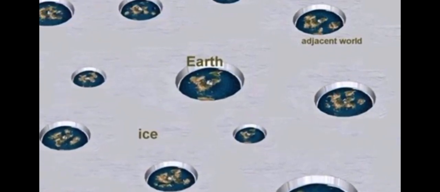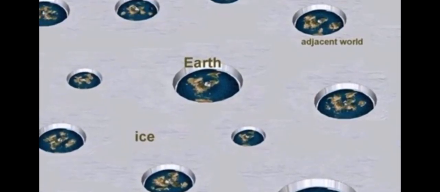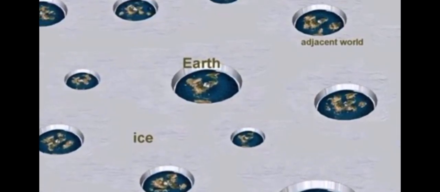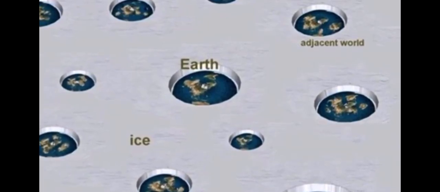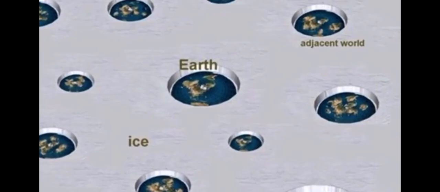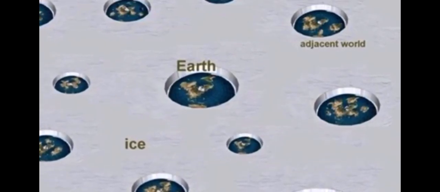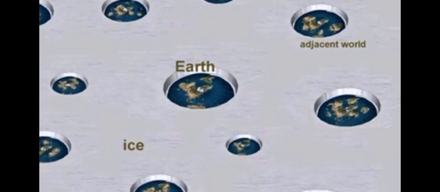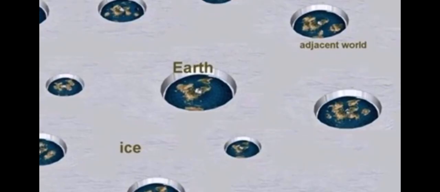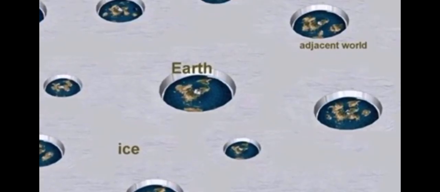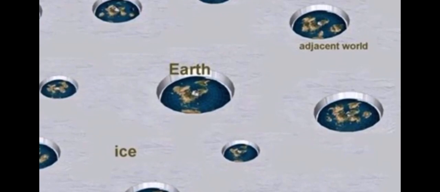What is going to light your path on the ice? How are you going to be able to see? In a lot of these images of an ice wall, it's daylight. But if you were to get up there and start traveling, wouldn't you be traveling away from your circular sun in your little pond? At that point, wouldn't you be traveling straight into darkness? That would be pretty scary, don't you think, to go straight into darkness and have to travel across treacherous ice